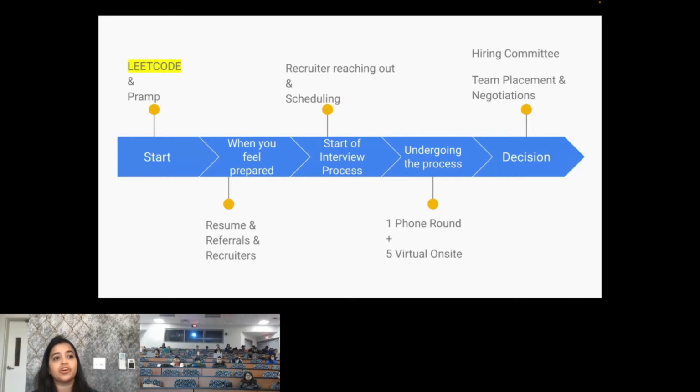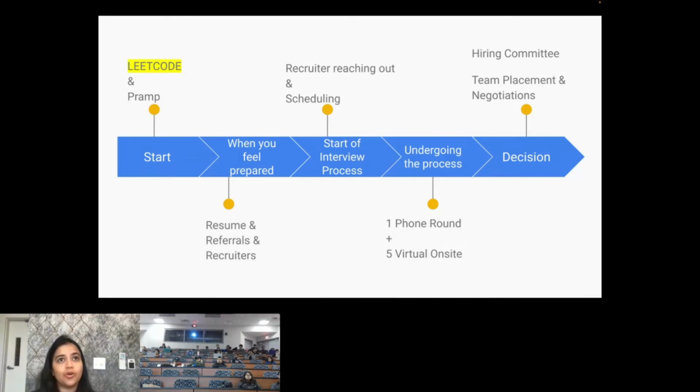The next step, when you're comfortable doing these two things and you have really, really prepared LeetCode, that's the time when you actually start reaching out to people for referrals, for recruiters, and you do a really nice resume. I'll talk about the resume in detail a little later. Why I say this is because I know that referrals and recruiters take time to reach out to you, and probably they don't reply back. Even I find it hard to reply to all the messages I get. But you have to understand that even if one person replies back to you, that is your chance.